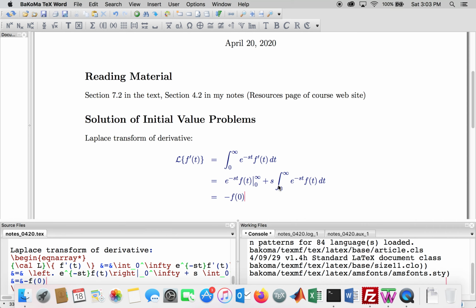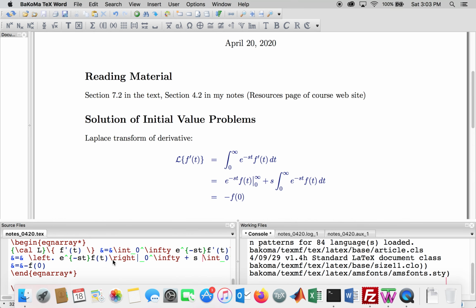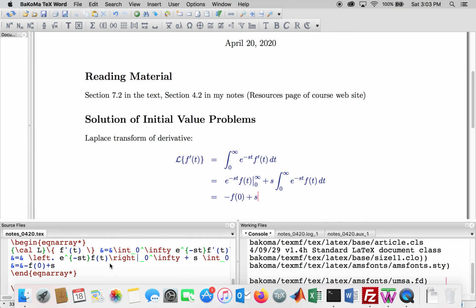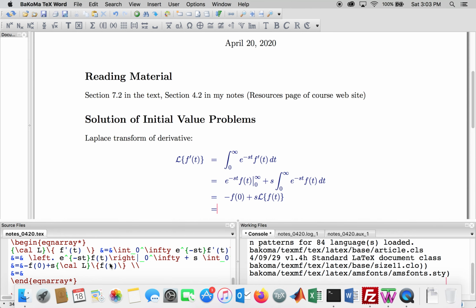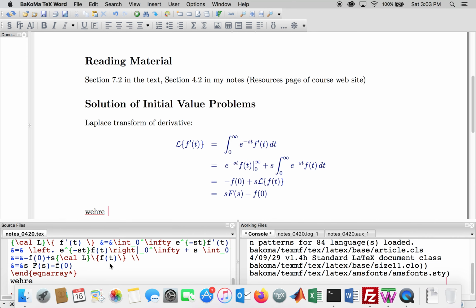And then over here, this integral is exactly the Laplace transform of f. Notice these two integrals are exactly the same, except here we have f prime, here we have f. So that will give me s times the Laplace transform of f of t, which can also be written as s F of s minus f of 0,